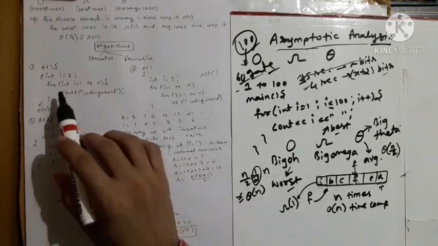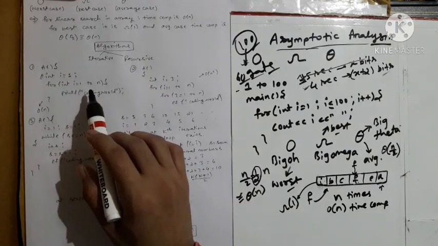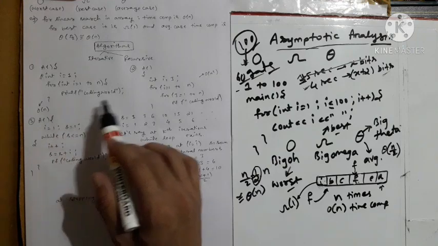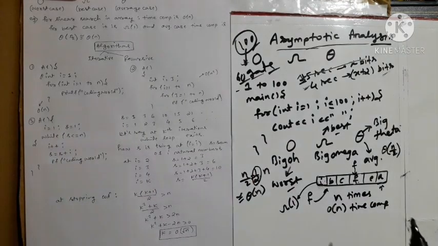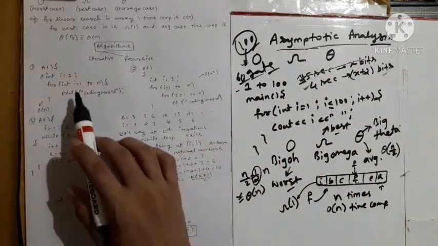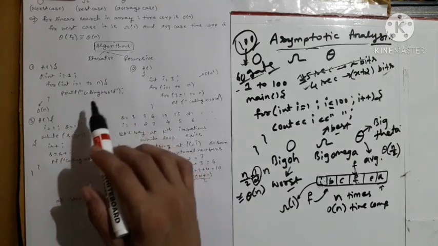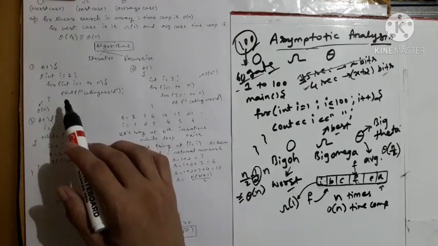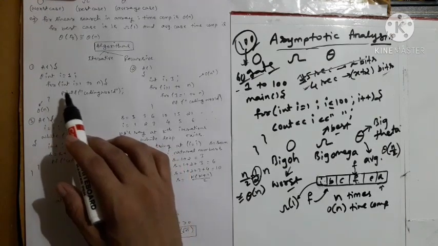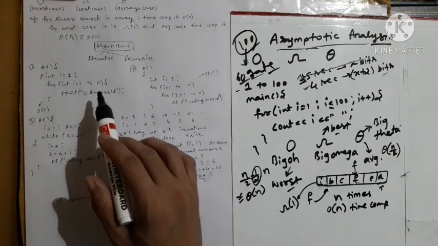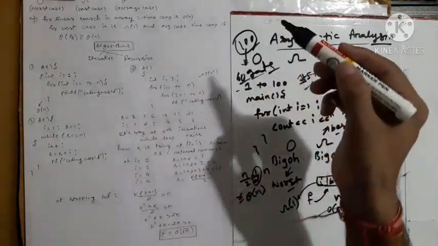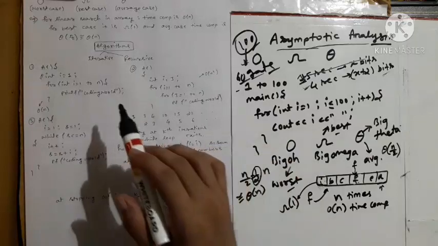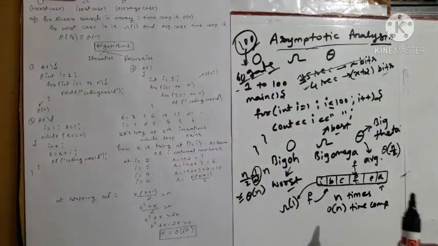Now see, it starts from i equals 1 and it will go till n, and in this I am doing nothing, I am just printing coding world. Isn't it? Are you getting my point? Now see, from i equals 1 to n, I am printing coding world. So definitely in the worst case this for loop is going to run n number of times, and in all these n times it is going to print nothing but coding world. So definitely its time complexity is big O of n, isn't it guys?